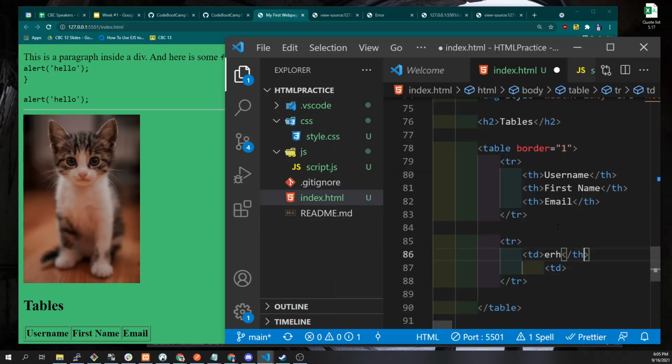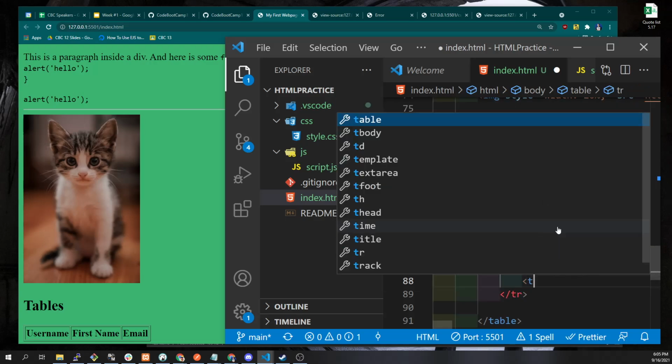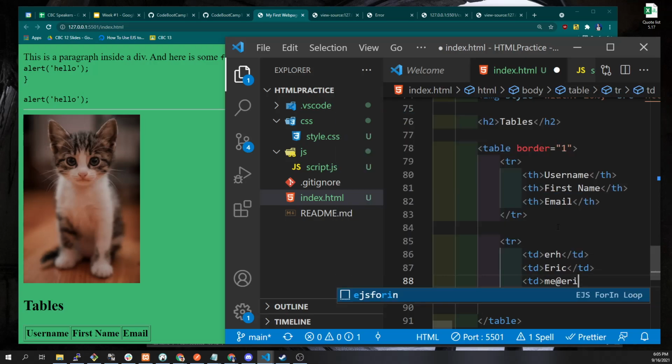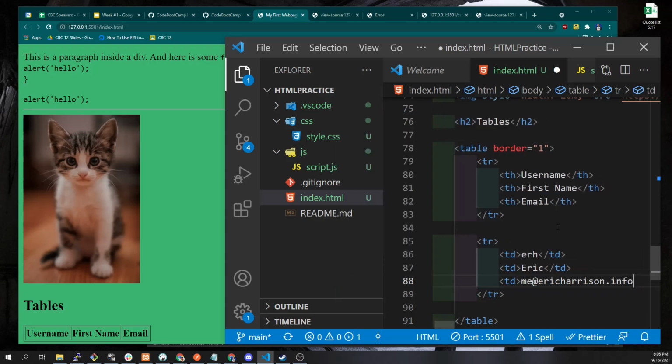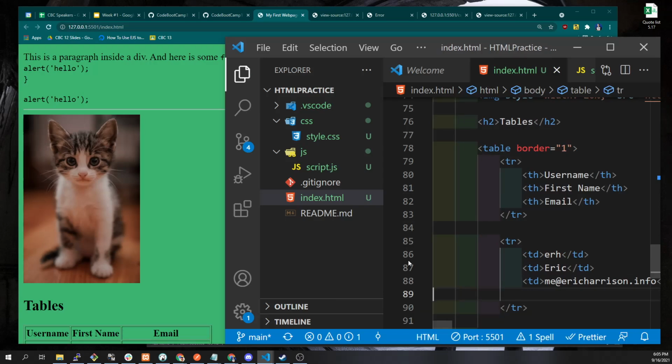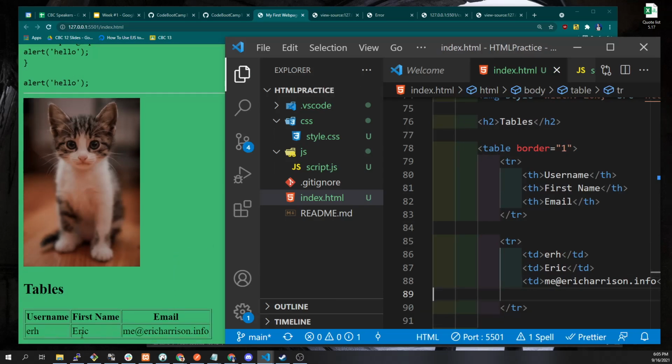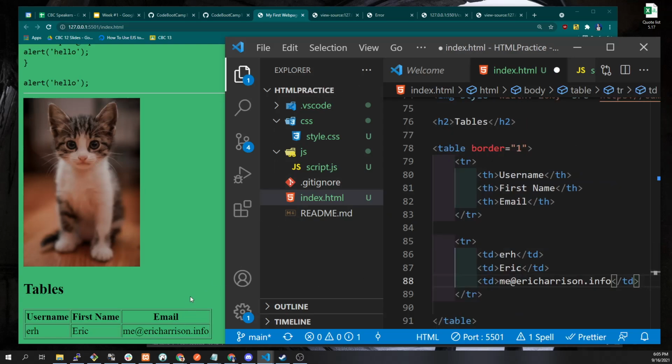Oh, I closed my tag with a TH instead of a TD. My first name is Eric, TD. My email is me@ericharrison.info, TD. Okay, and that is one complete row. If we save this, you can now see the table has expanded to fit the content that I put in here, right? So me@ericharrison.info was bigger than what we had before, and so the table has kind of grown